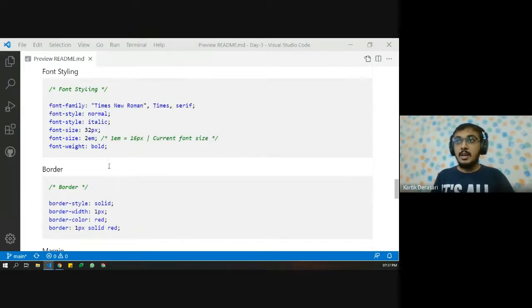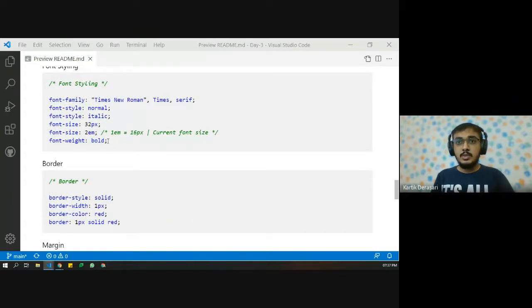Also, we can bold the font. If our text is not very important and we don't want to use the bold tag, then we can use the font-weight option. And here we also have different kinds of bold options. For example, I don't want it to be too bold and I don't want it to be too normal. So I can say I want 50% bold, so I just need to write 500 over here, nothing else.